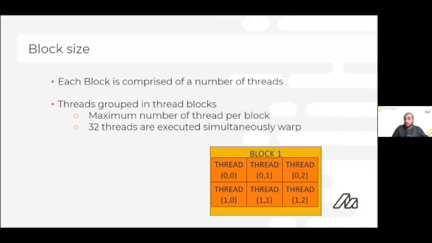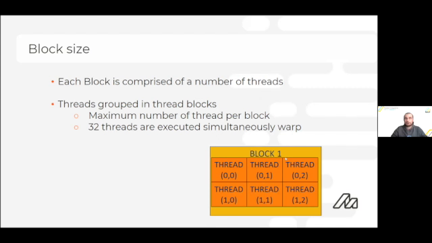Within the block, we have different memory units, and the amount of memory that each block is going to get from the local memory, from the register bank, and from the shared memory is going to be limited. But as we are not going to talk about shared memory in this presentation today, I'm not going to talk about that. But it's important for you to know, as we are just introducing the blocks,